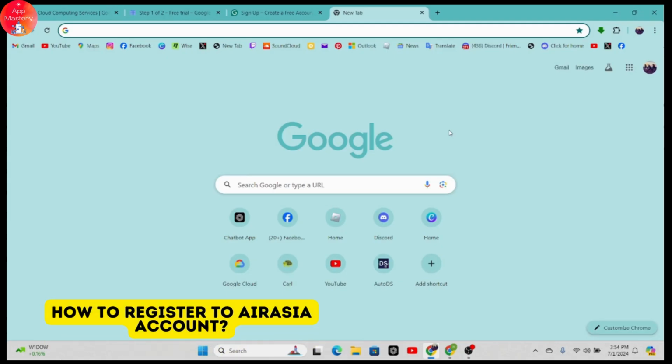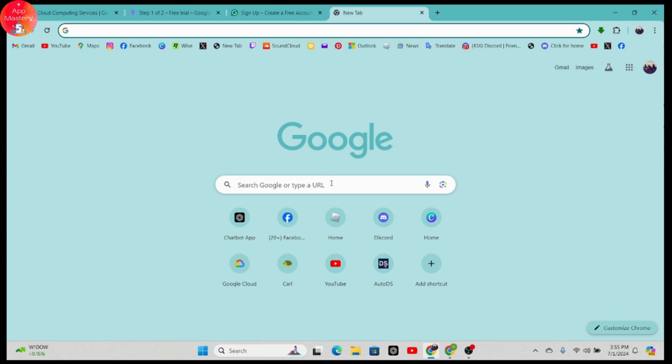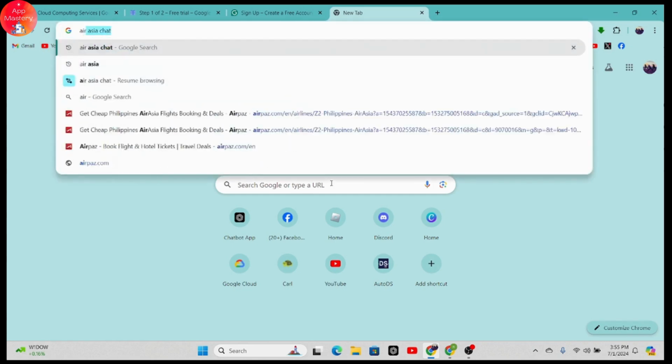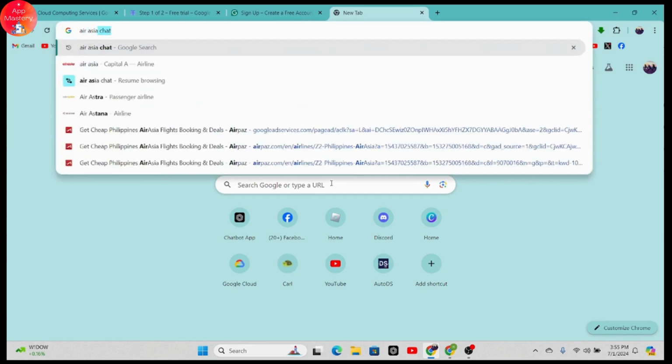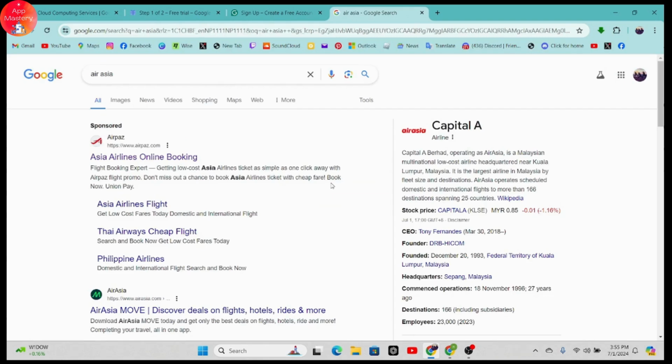How to register to AirAsia account. So if you want to register to AirAsia account, then first open up a browser, any browser that you are comfortable with. And I'm here with Chrome browser. Simply go for the search and search for AirAsia. Once you've searched, here you will have AirAsia online booking, which is